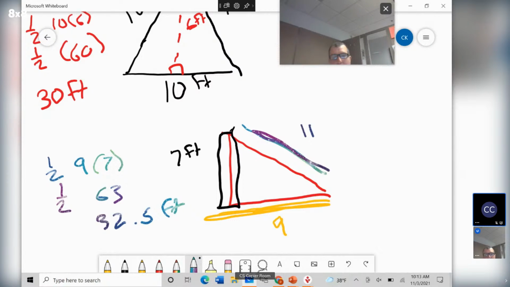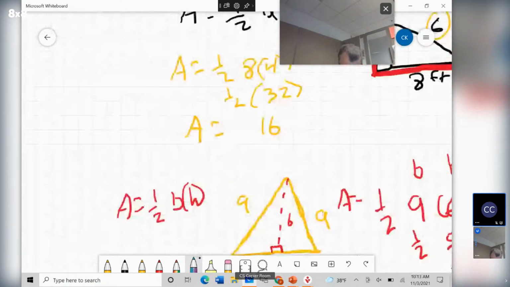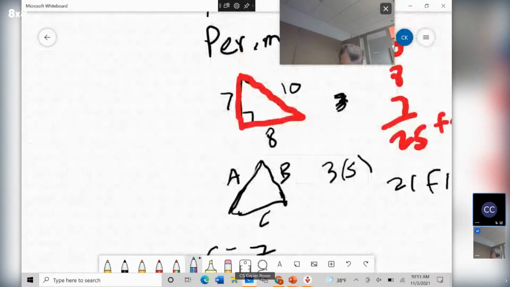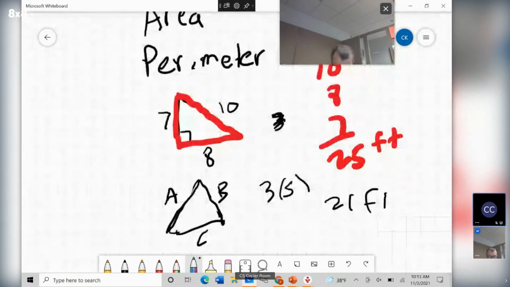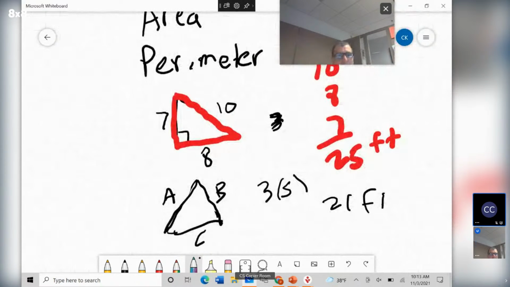Okay, so I'm going to give you guys some practice. Just remember perimeter is you're just adding all three sides together. So you're going to add just three sides, add them up, and that's going to be your perimeter. And remember, every once in a while, they'll slip an equilateral triangle in there where it's only going to give you